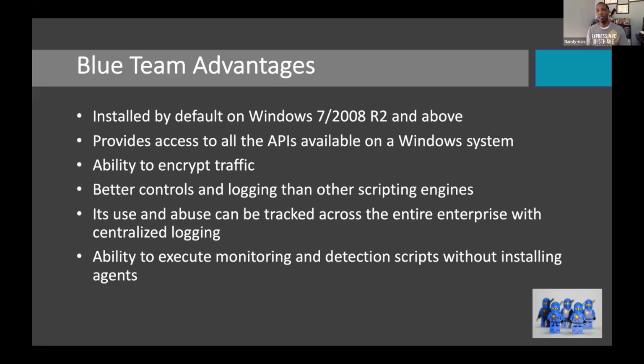Now, it also gives us the ability to monitor and track people trying to abuse it. This has gotten better over the years, namely once we really got into PowerShell version 5, giving us the ability to truly track what a person's doing. Now, because we're in a cat and mouse type field, as we as blue teamers gained another way to track a red teamer's actions, they have certainly increased their tactics as well and started trying to bypass it. But it has made it much more difficult for them than what it was in the past.